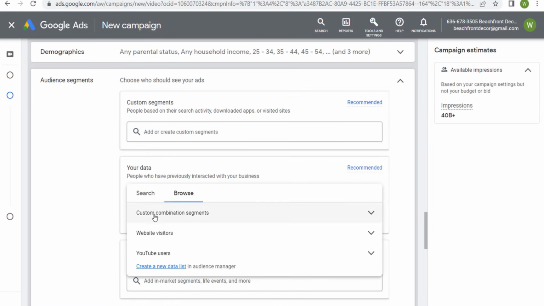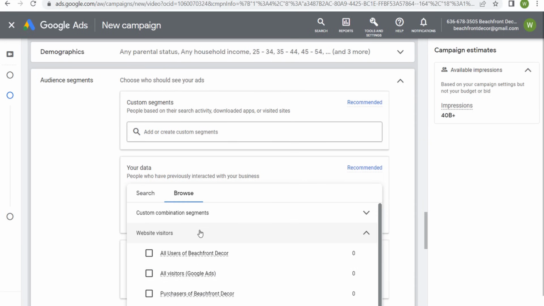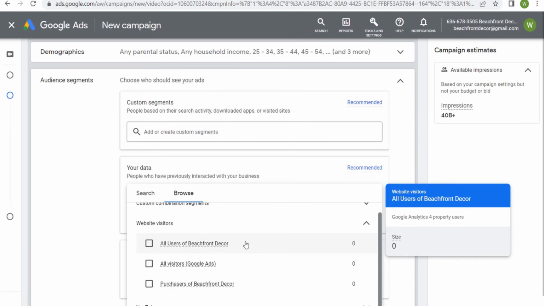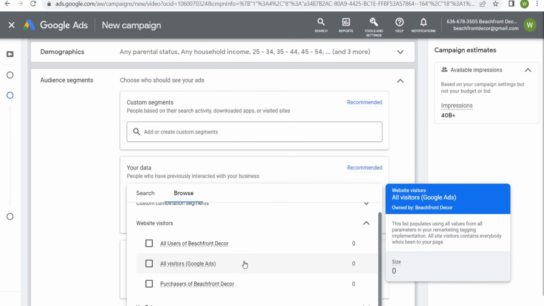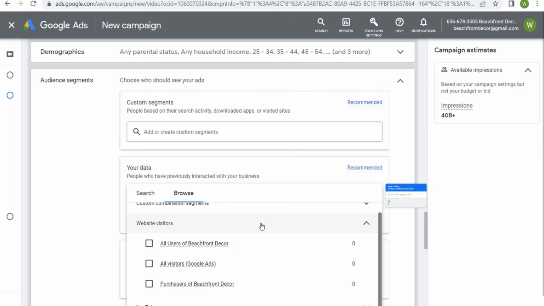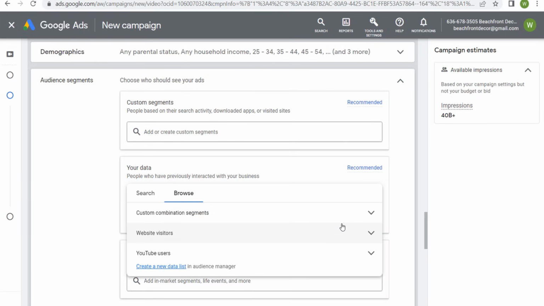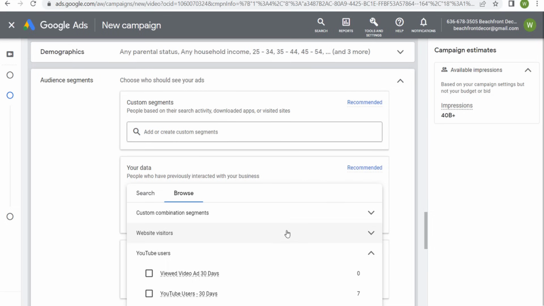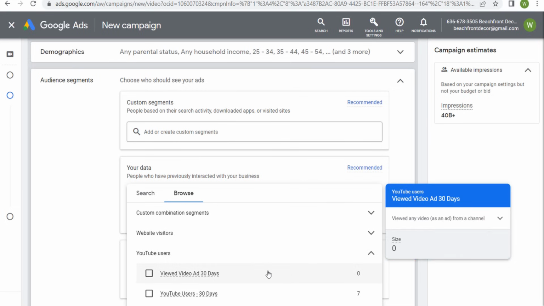If we go to browse, you can potentially target your website visitors. I have here all users of beachfront decor, all visitors, and purchasers of beachfront decor. These haven't actually populated yet because I just linked my Google Analytics 4 account. We also have YouTube users, so anyone who has viewed my video ad over the last 30 days or YouTube users over the last 30